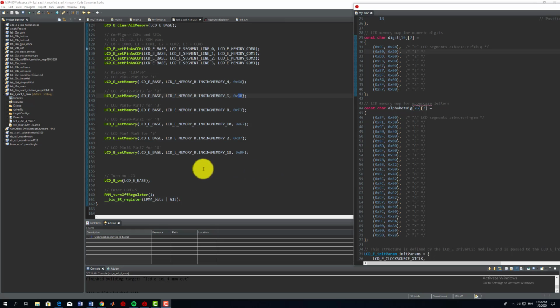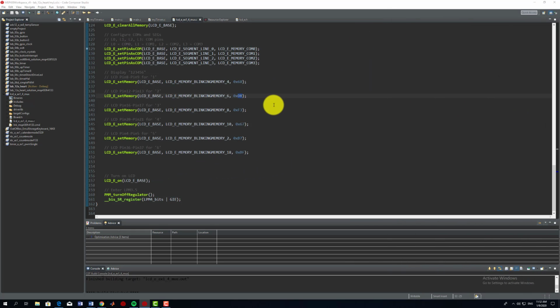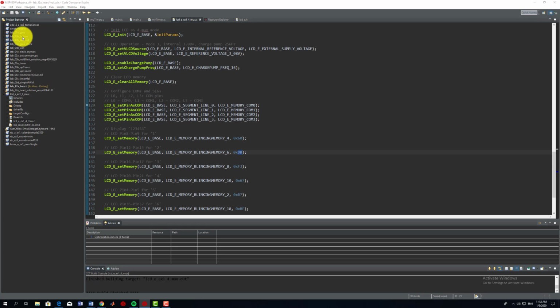Then after which we have here the turn on LCD. So after we set the memories on the different blinking memories provided on the segments, we can now set the LCD to on, meaning it will appear right away on the screen. And then after that, we'll be using the LPM or the power management module to turn off the process. So the next thing we're going to do here is to build to check for any errors,